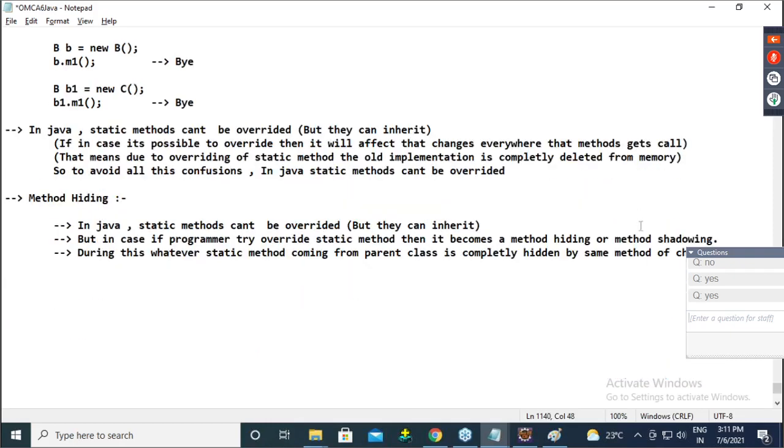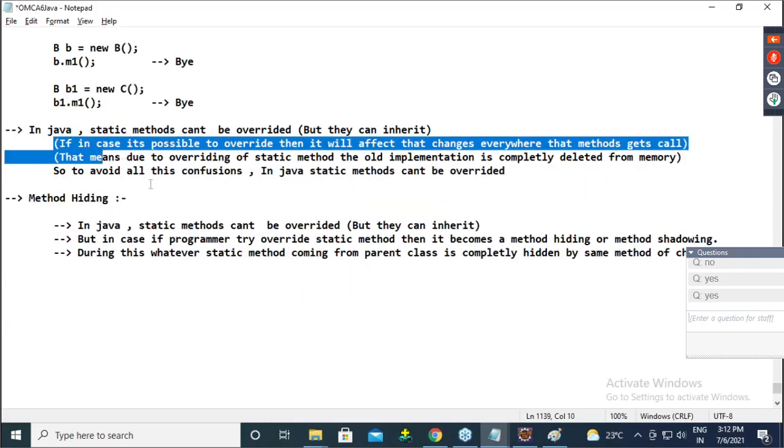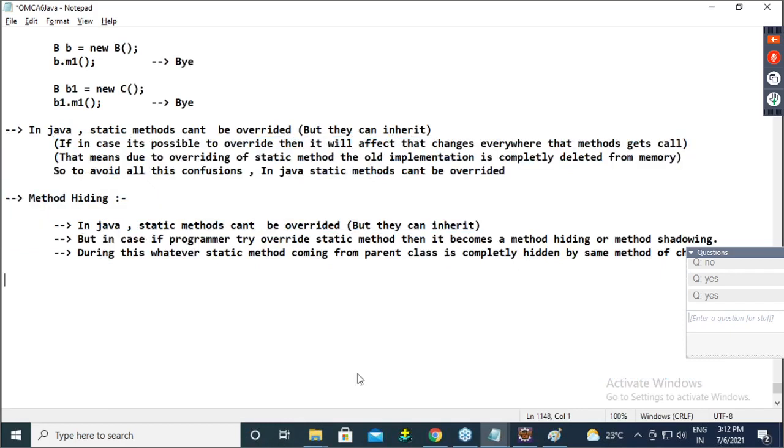Write down this complete explanation of method hiding from here. Copy this.